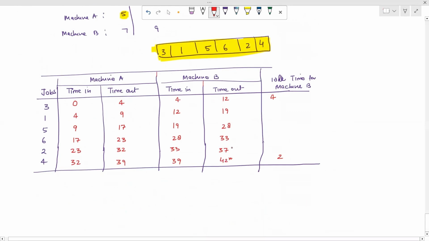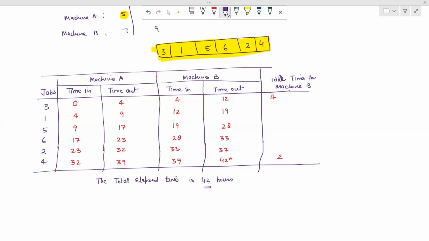So we make the star. So when we make the star, that is called elapsed time. So the total elapsed time is 42. मतलब कोई भी टास्क उसको कंप्लीट परफॉर्म करने के लिए कितना समय लगा, 0 आवर्स लेके 42 आवर्स तक। 42 आवर्स में जॉब कंप्लीट हुआ। सो दैट इज अवर elapsed टाइम फ्रॉम स्टार्ट बिगिनिंग टू एंड।